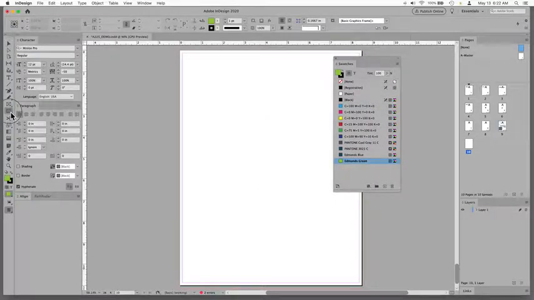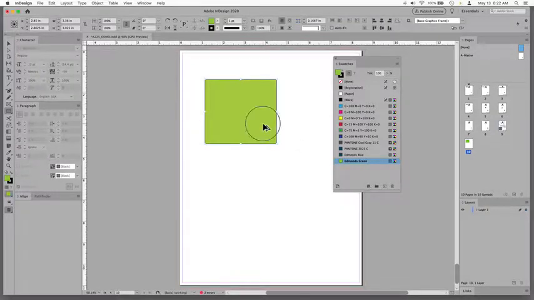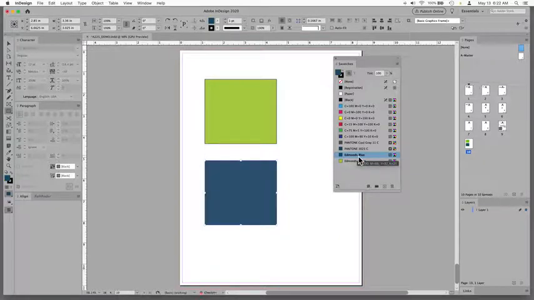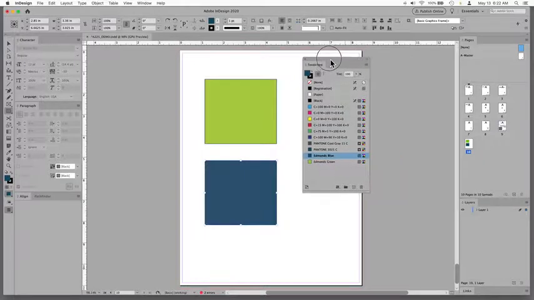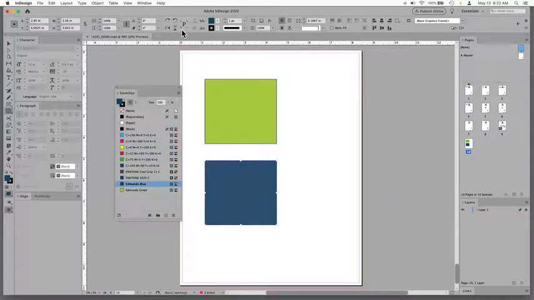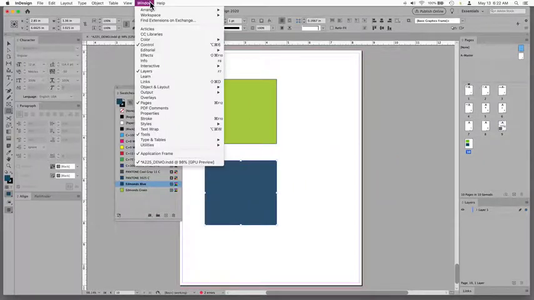If I were to draw a shape real quick, there's one shape. There's the Edmonds green. Copy the other one, and then I'll just change that simply to blue. So there you have it, a quick and easy way to effectively work with color and work with a color that's already predetermined. The next one I want to show you is in the Windows, Color, and what's called the